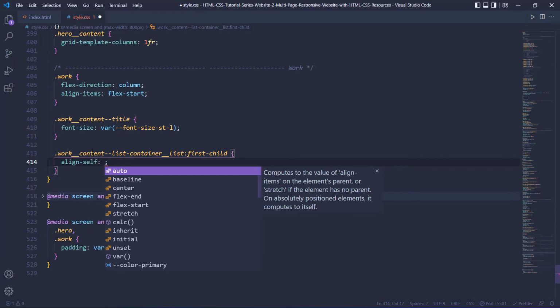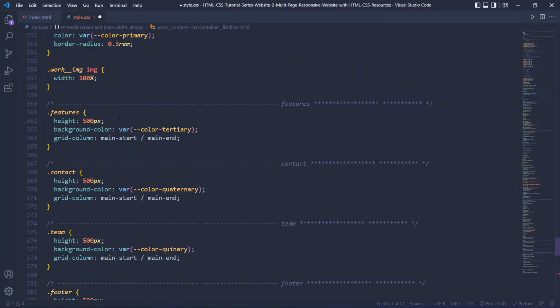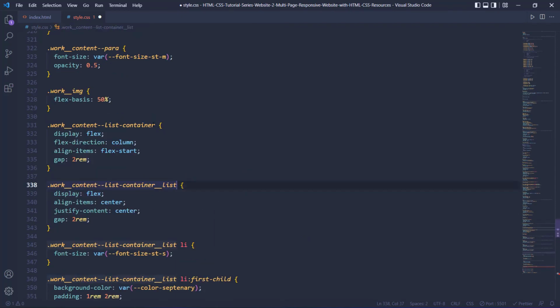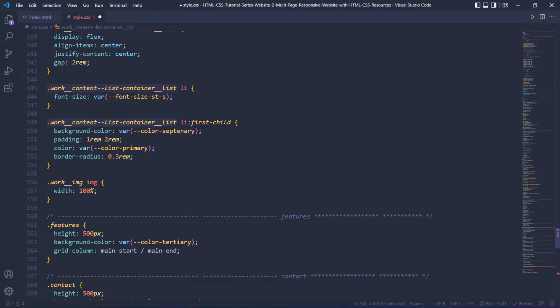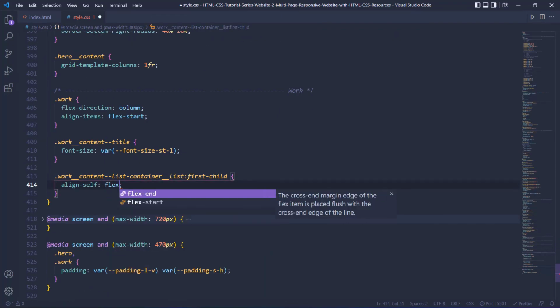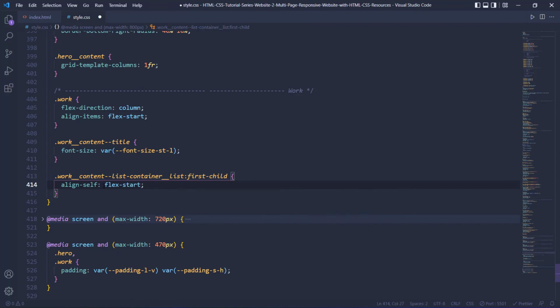Because we have changed the flex direction. If you just go back to code, this is the one. So you can see it is column, and then we are going to basically rearrange these. They're from top to bottom. When we say column, top to bottom, align items works opposite of the flex direction. So it's going to work horizontally. So this is going to be flex start of the horizontal axis,